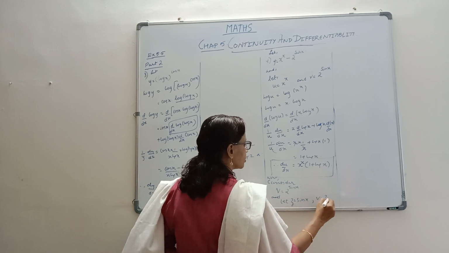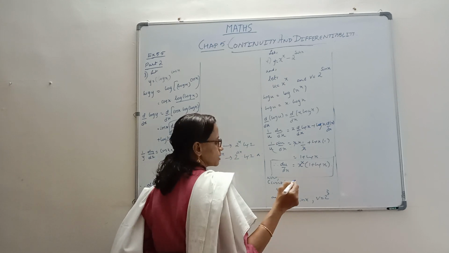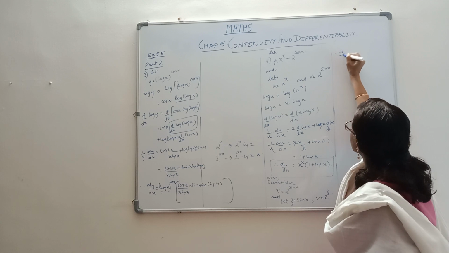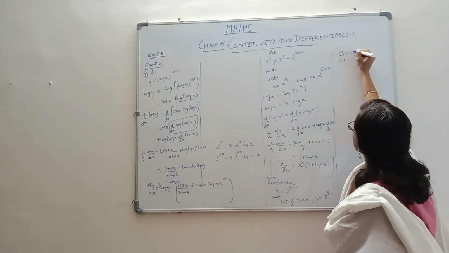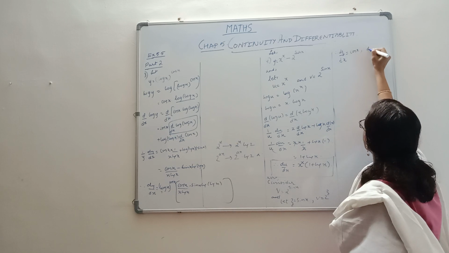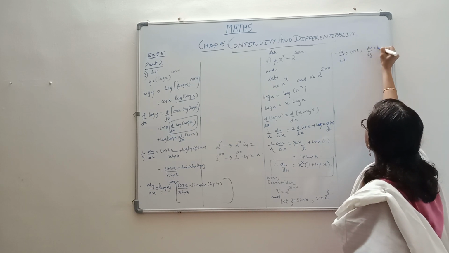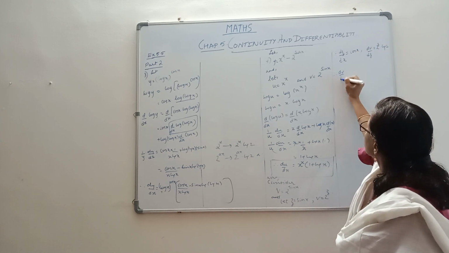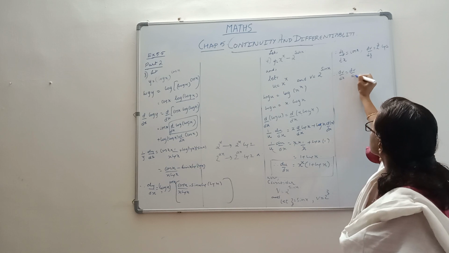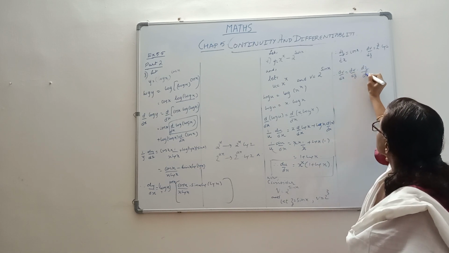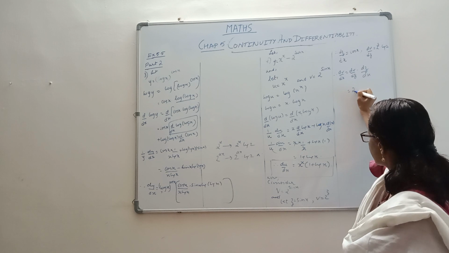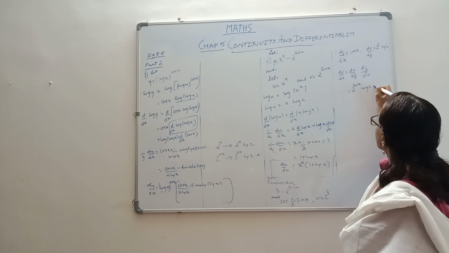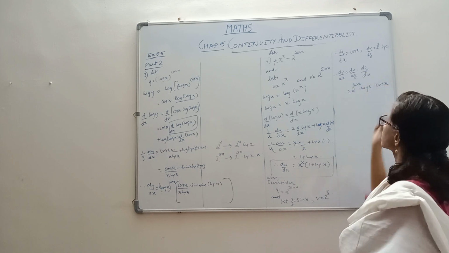So what will happen? v is 2 raised to z. So let's take their respective derivatives. Dz by dx first, to start with. Dz by dx, that is derivative of sin x, is cos x. Then we'll take dv by dz, that we have learned just now, that it is 2 raised to z log 2. Like that we are able to get dv by dx by using the chain rule: dv by dz into dz by dx. So that is 2 raised to z, which is sin x, 2 raised to sin x into log 2 into dz by dx, which is cos x.